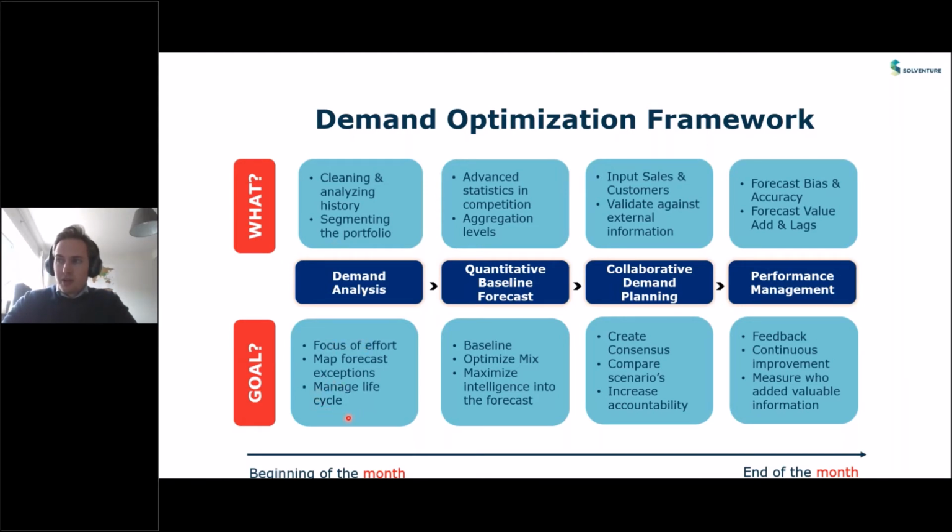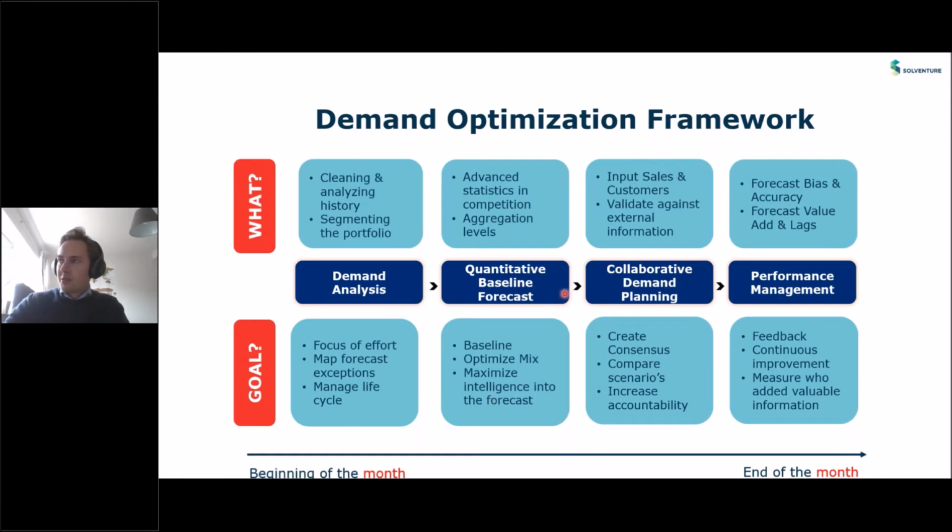Next to this, what I already mentioned about the life cycle, still important to know. For example, for a new product introduction, is the launch date still the launch date we predicted or we planned for? So this is the first part. The second part is about creating that baseline forecast. As already mentioned, a statistical forecast just based on your sales history will not do the job at the moment. So it's very important to maximize the intelligence. So make sure you have either macroeconomic indicators or you have some business intelligence applied to your forecast.